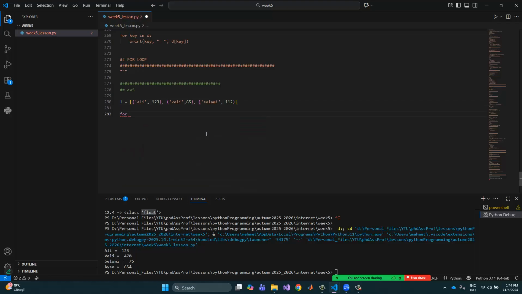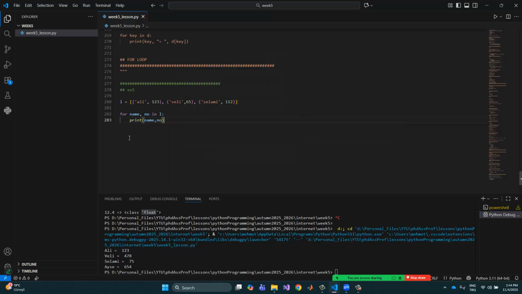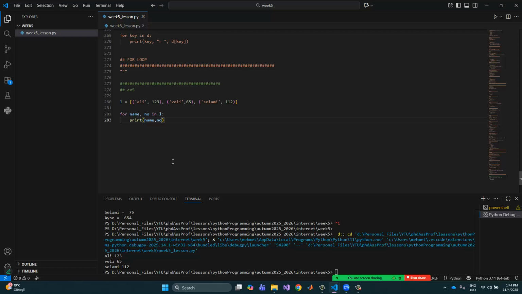And so in the for loops we can use more than one variable at the left hand side of the in. For example, name and no can be given as a tuple in here in L, and so we can write the whole values name and no just like this one. This should be included in the tuple values, and so if I use this comma in here, this creates or returns a tuple, and so we can reach the elements of the list just like this one. Okay,